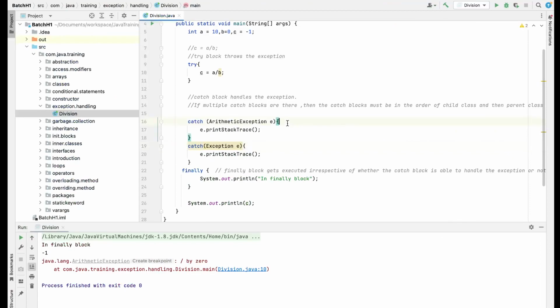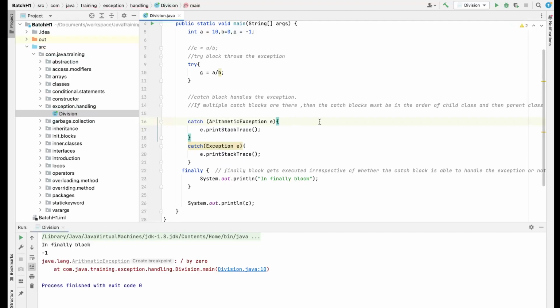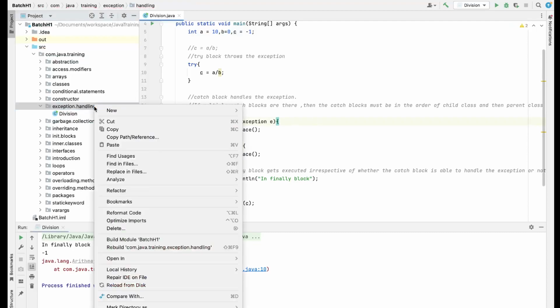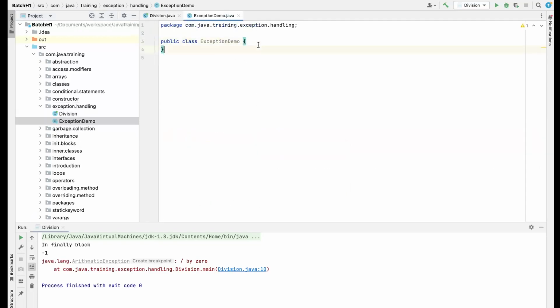Okay, let me try to write some. Okay, we'll create some other program. I will create another program, exception demo. I'll create one main method and